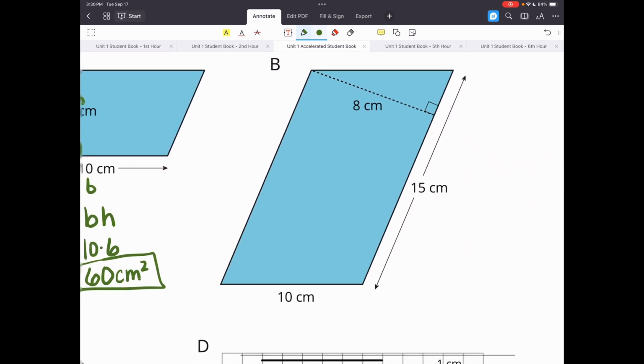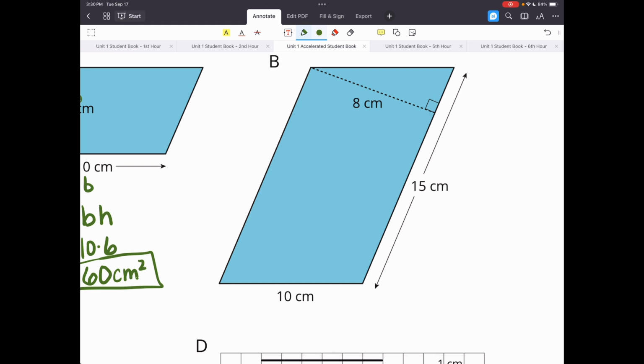For letter B, we have 3 measurements. So again, what we're searching for is where there is a 90-degree angle drawn, because that's the base we're going to have to use. This one is a trick question because they're trying to force us to use 10 as the base because it's at the bottom, but there's no dotted line coming in with a measurement 90 degrees from that 10. They've got the 15, but this is not 90 degrees. So we are forced to use this. The base that we're actually going to use